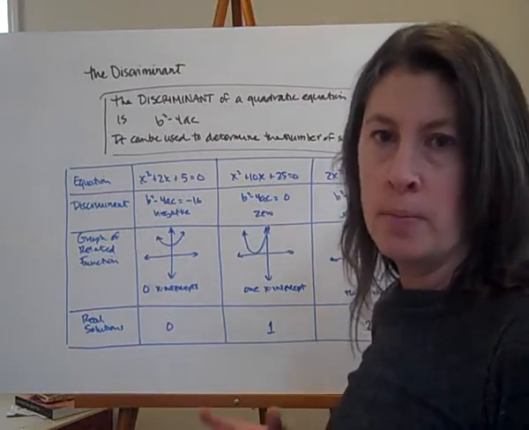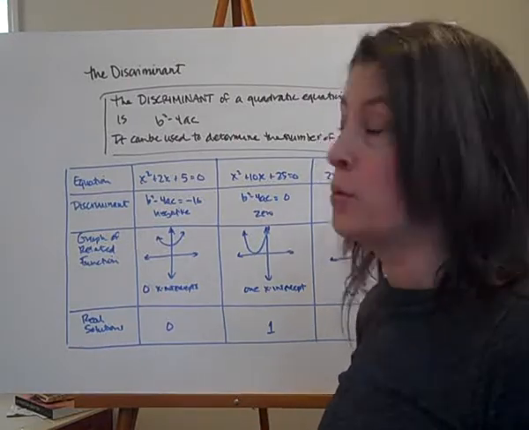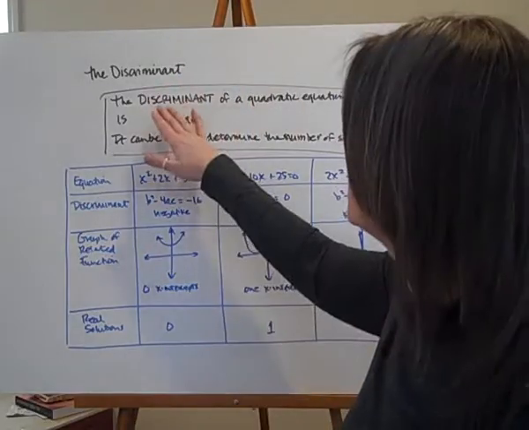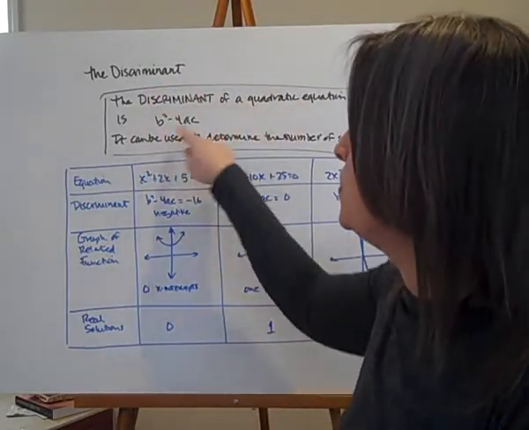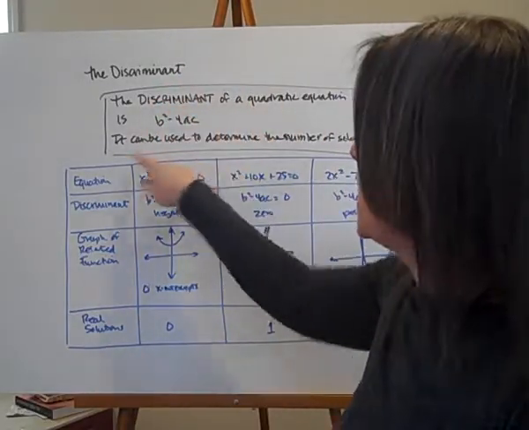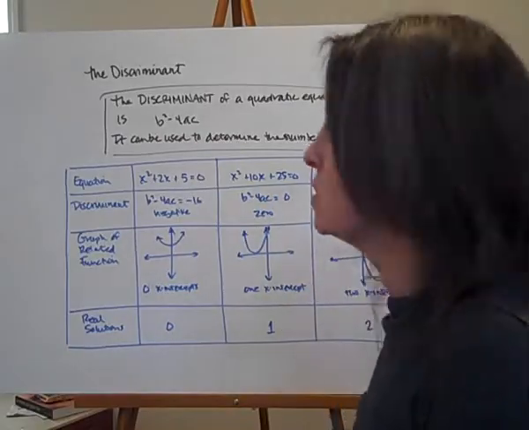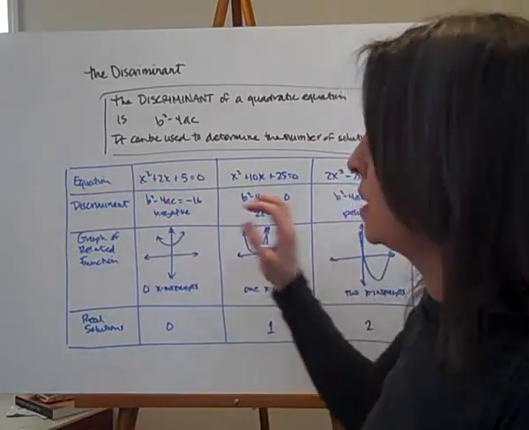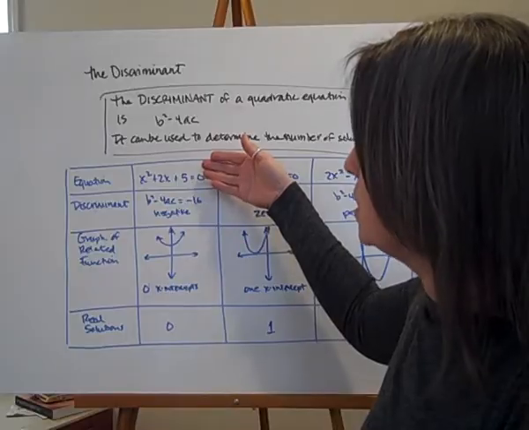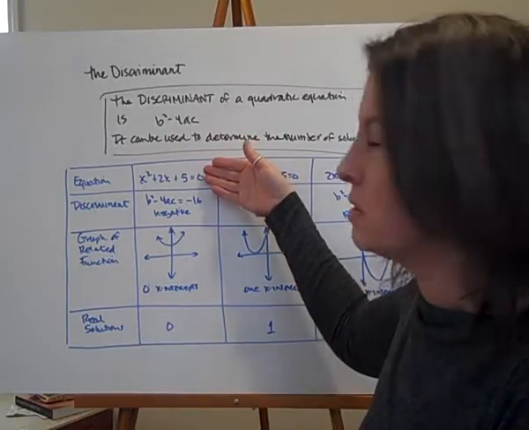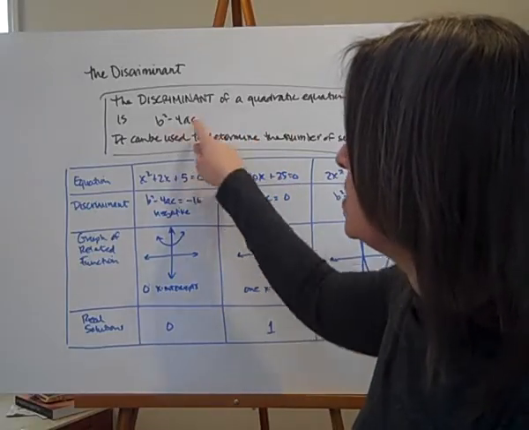In the quadratic equation, we have something that is very helpful to us called the discriminant. The discriminant of a quadratic equation is b squared minus 4ac, and it can be used to determine the number of solutions. So let's take a look at how that works. When I have the equation x squared plus 2x plus 5 equals 0, the discriminant is what's underneath that